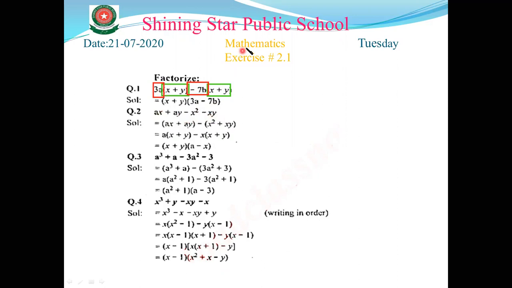In the first two terms, we take the common a, so we get here x plus y. And in the next two terms, we take common x, so we get x plus y. When you take the common x, it becomes x plus y. Now x plus y and x plus y are common, so when we take the x plus y common, here we are left with a and here minus x, which is your answer.